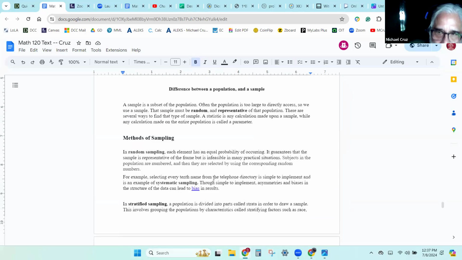Now, more importantly, there are these two different concepts in statistics. One is called a population, and a sample is a subset of that population. What we are aiming to do with that sample, that subset, is that the sample should be representative of the population. In other words, it's got to come as close as we can possibly get to having a smaller subset that mirrors the makeup of the population.